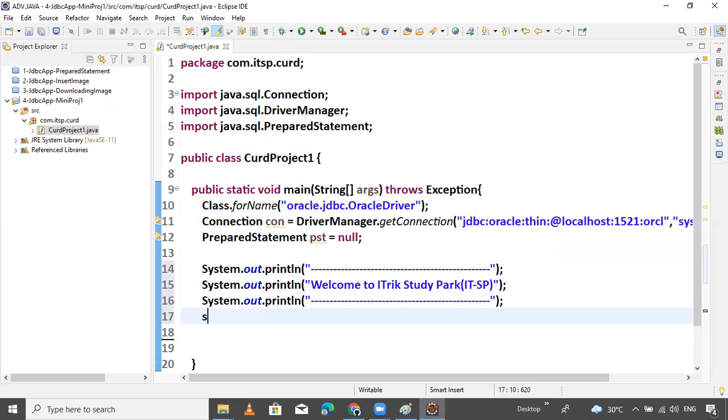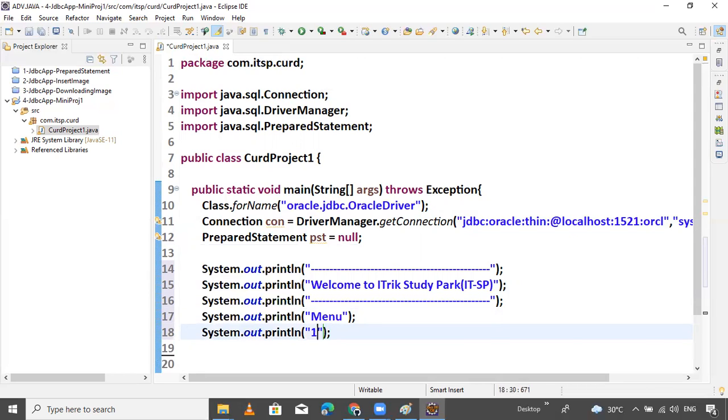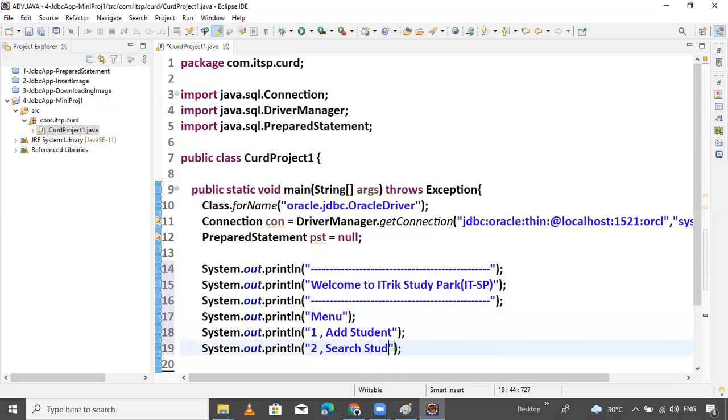First thing is ready. Second thing is the menu. Inside the menu, first, if the user enters one, add student. Two, search student. Search student means getting the data from the database.